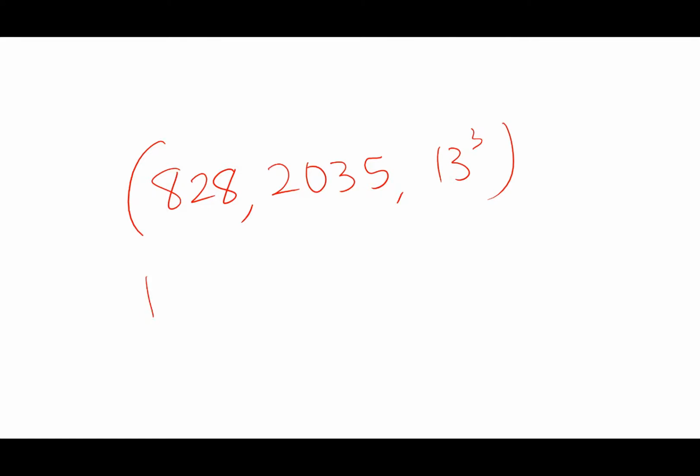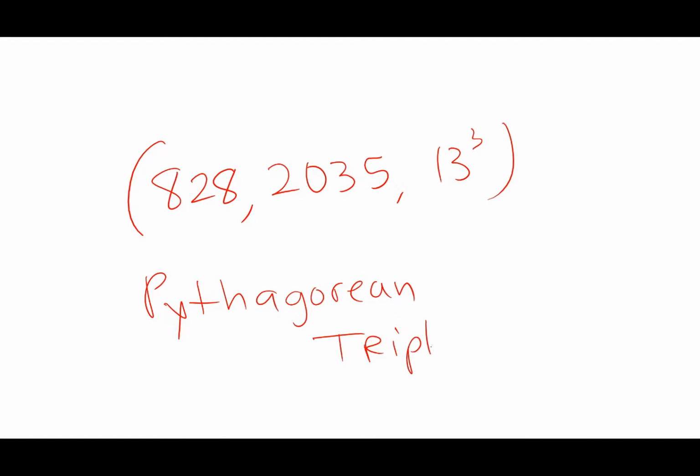So our solution is 828, 2,035, and 13 cubed is our Pythagorean theorem triple. So we have a really big right triangle that looks something